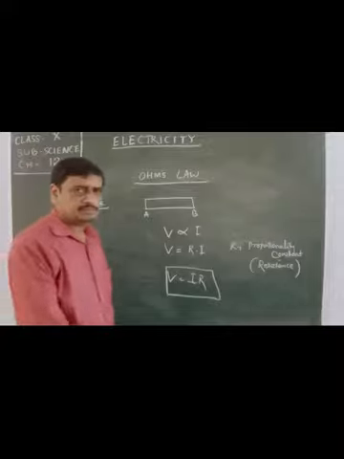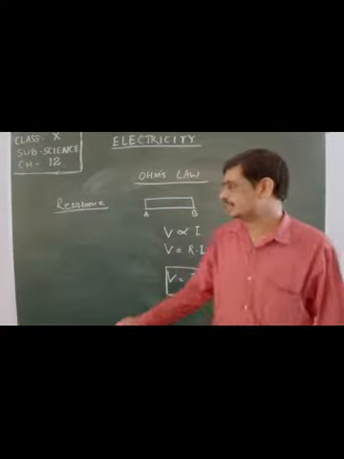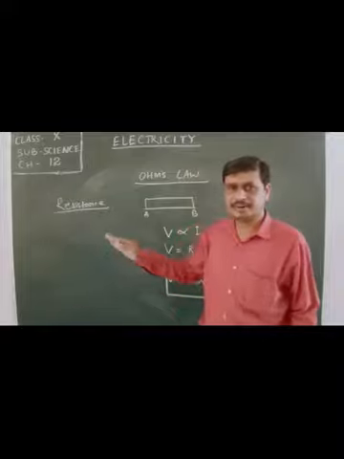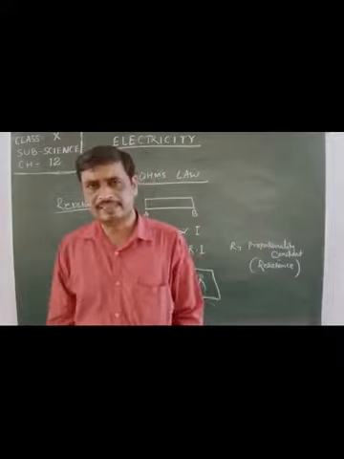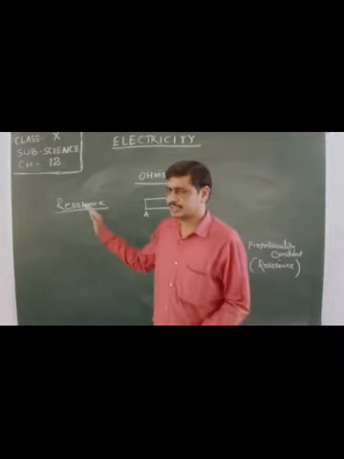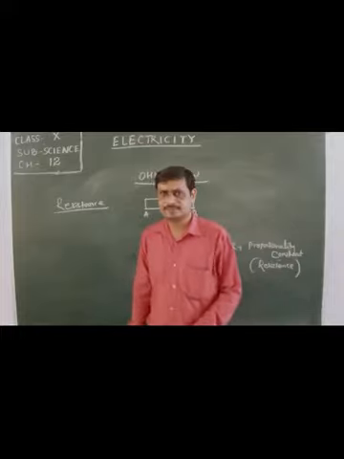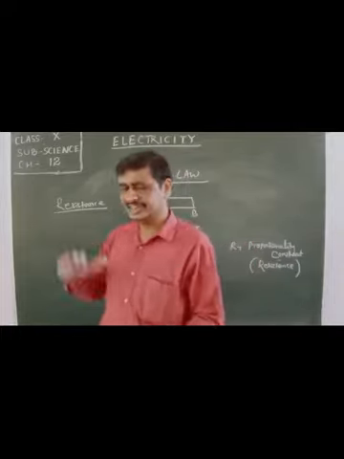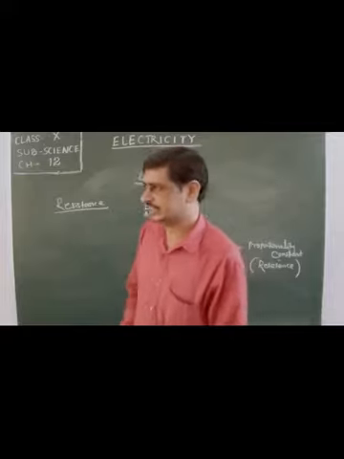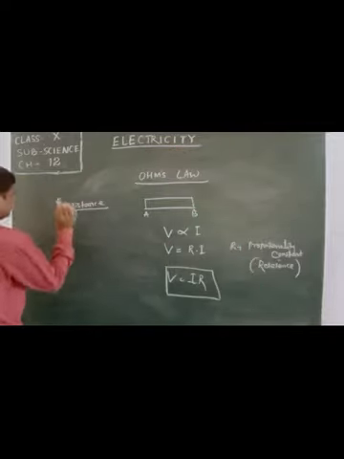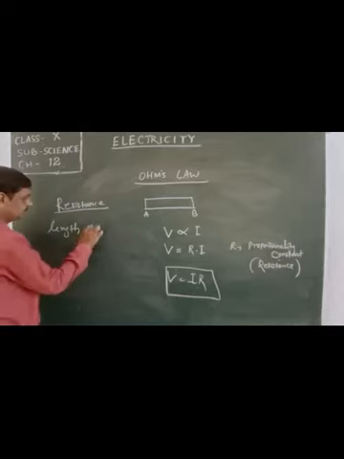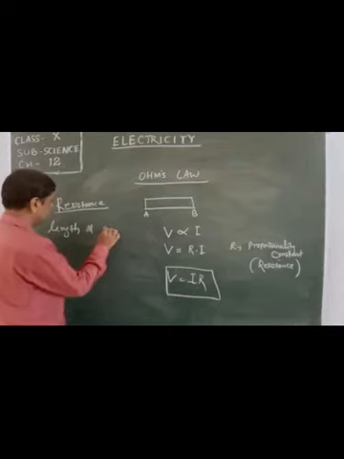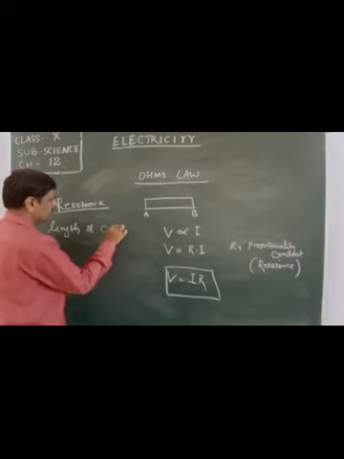This resistance is a property of the material which opposes the flow of electricity that passes through the material. When electricity tries to pass through any material, the resistance of the material will oppose its motion. So some materials have less resistance, some materials have more resistance. This resistance of the material depends upon the length of the conducting wire,